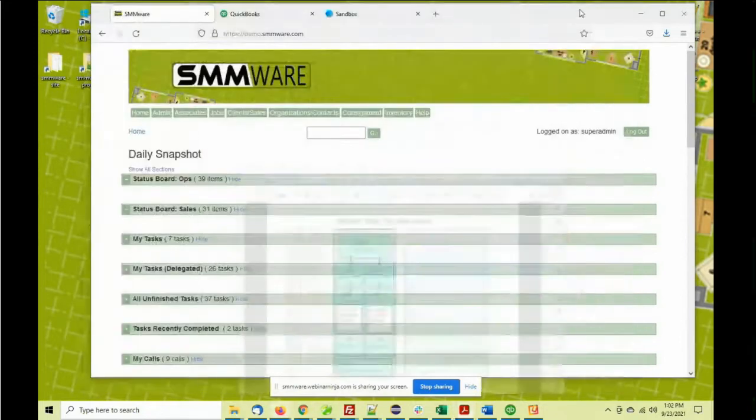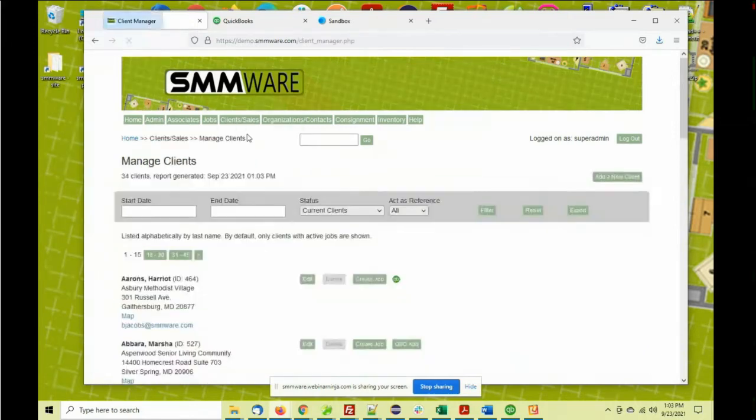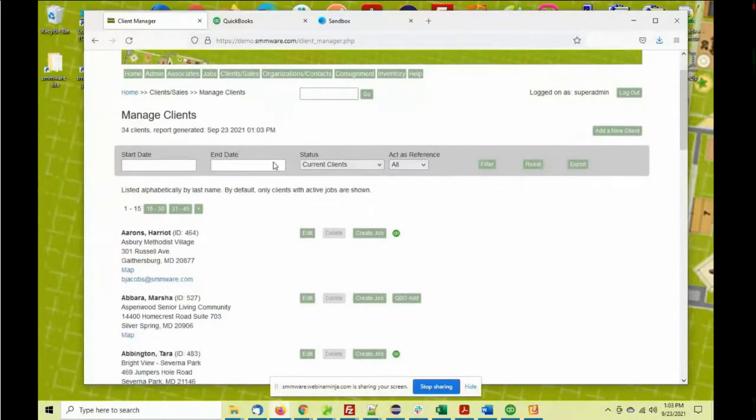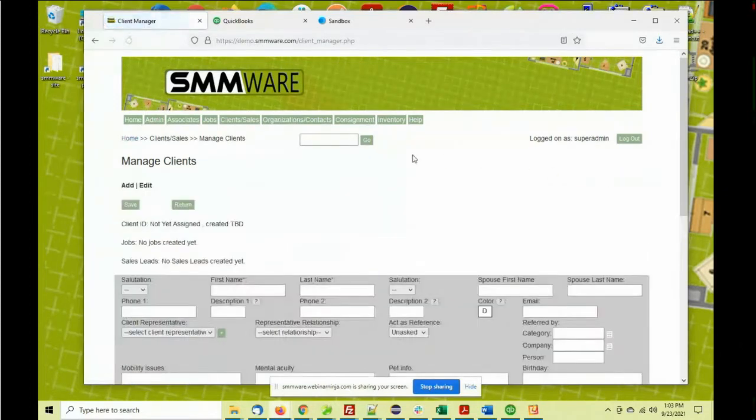Again, we're going to start with the path in blue, starting with our clients. Here we are in SMMware on the home page. Going to go to the clients section. Here we're looking at the listing. We have a filter section where you can limit the listing if you need to. I'm going to go ahead and add a new